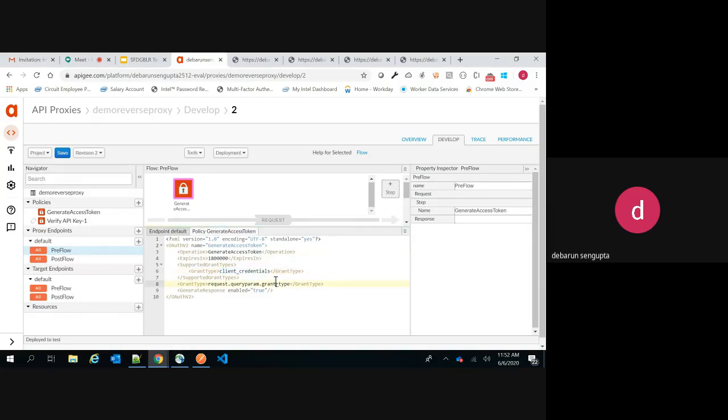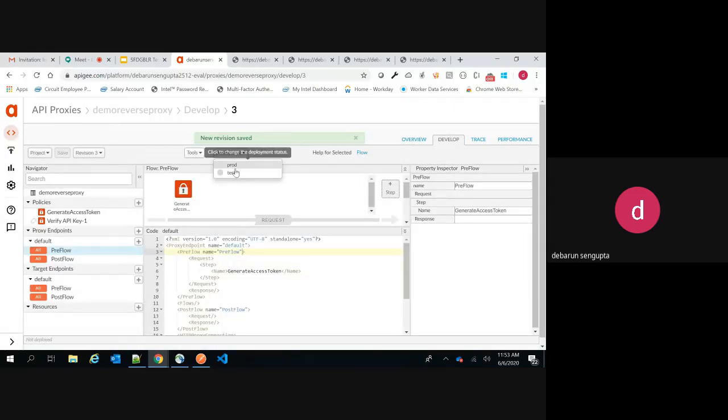There are a lot of different flows for doing this testing. We have the password flow, and also the client credentials flow. I will be using the client credentials flow, where you need to pass the client ID and client secret of the application for testing it. Now I selected this client credentials, and here I have specified the grant type as query parameter. It means whenever you're requesting the access token, you need to specify this grant type in the query parameter. And the value of the grant type will be nothing but client credentials. Okay, so I save this.